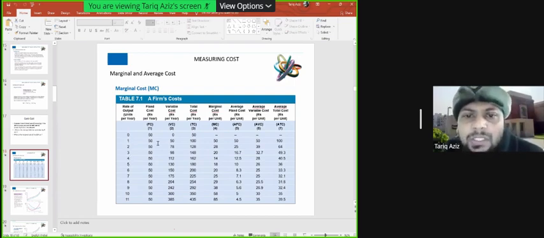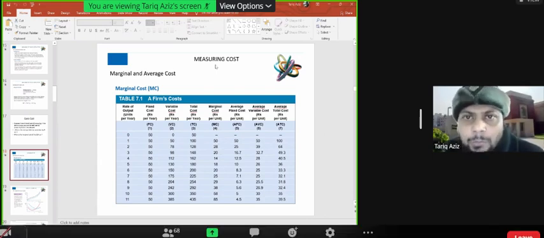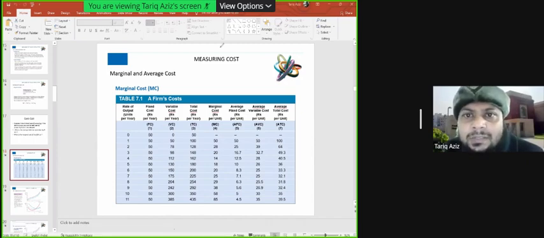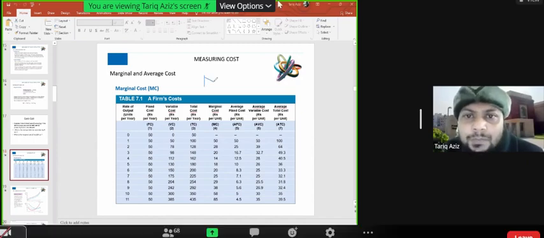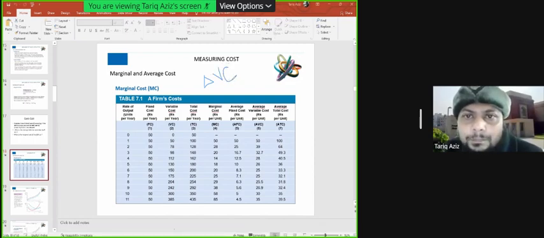So we can ignore the denominator and we can just focus on the change in the variable cost. So 78 to 98, the change is 20. So like this, the marginal cost has been calculated. So marginal cost has been calculated simply by change in variable cost. Change in variable cost is marginal cost in this case. Similarly,